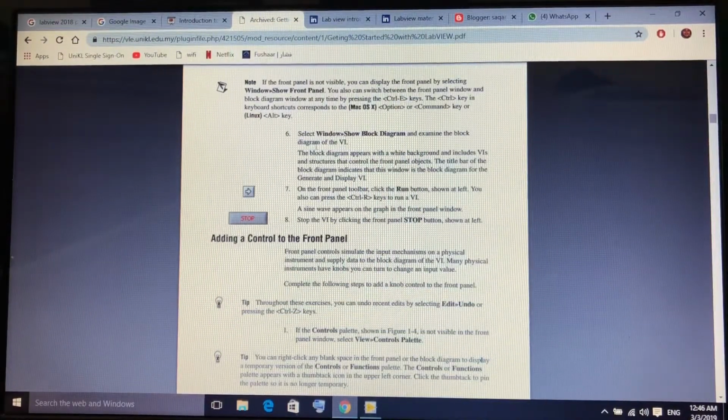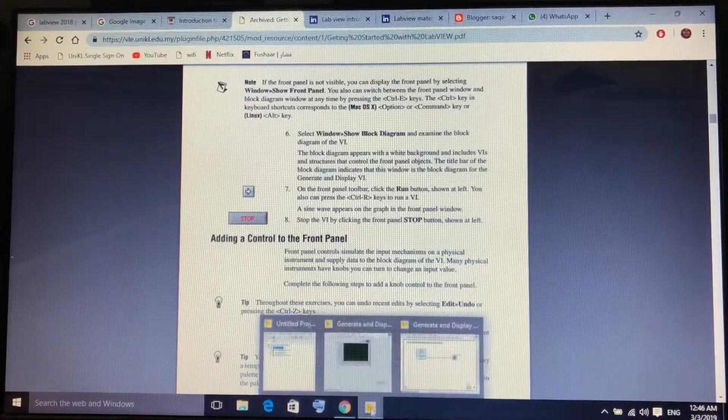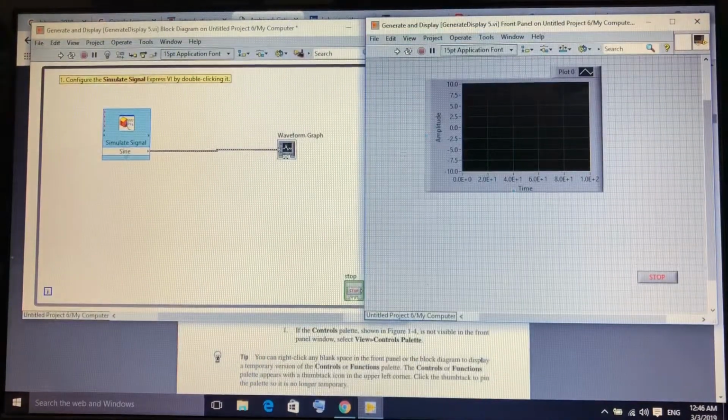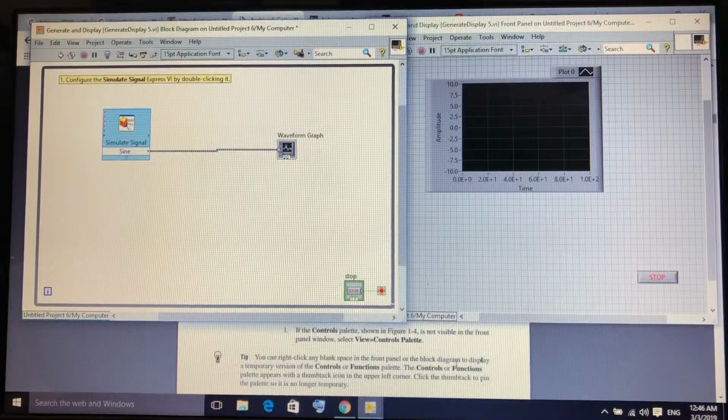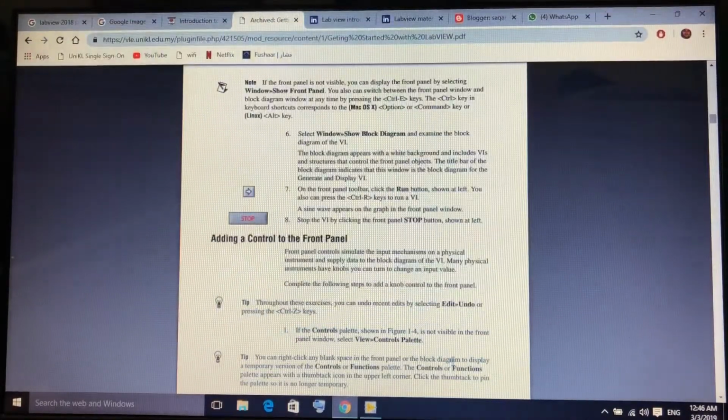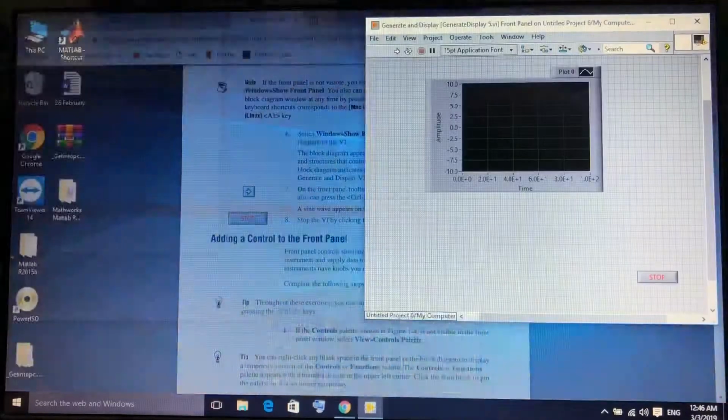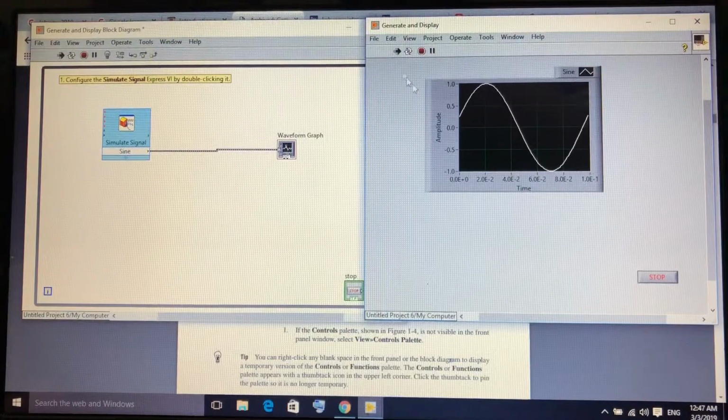Here, number 6, select Window and then Show Block Diagram. So we will go to the front panel and then Window and then Show Block Diagram. After showing the block diagram, we go to number 7: on the front panel toolbar, click Run. So on the front panel, we will click Run. As we can see here, the wave is moving,